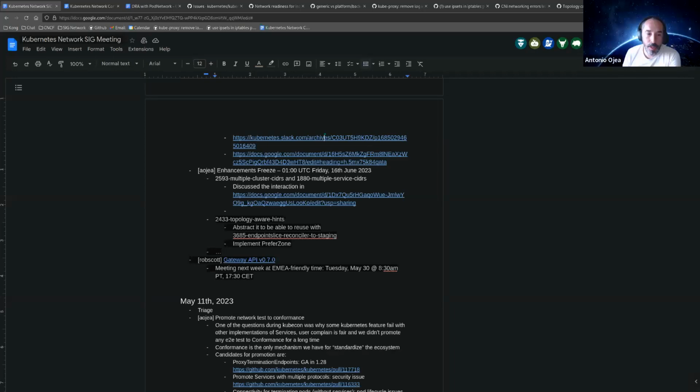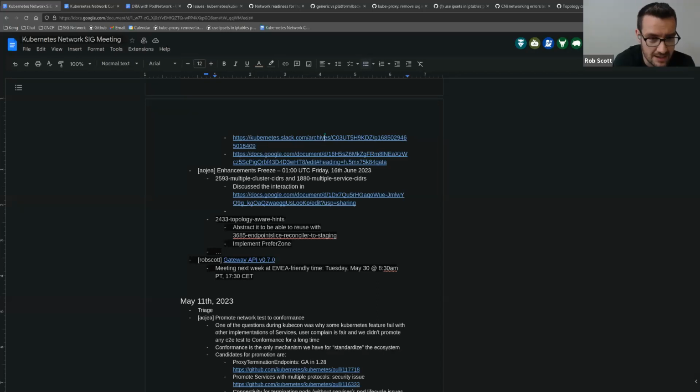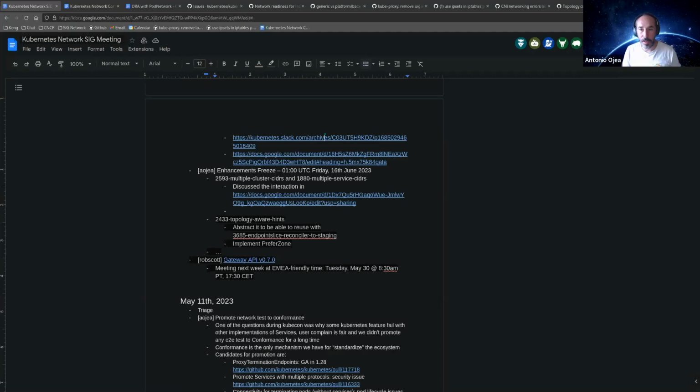Which thing? The new prefer zone would just be another heuristic added by the same cap and gated by the same feature gate, etc. Right. So the goal is to keep it in a way that when they move the reconciler to staging, they move the topology interface and these two implementations examples. Yep. That makes sense to me.